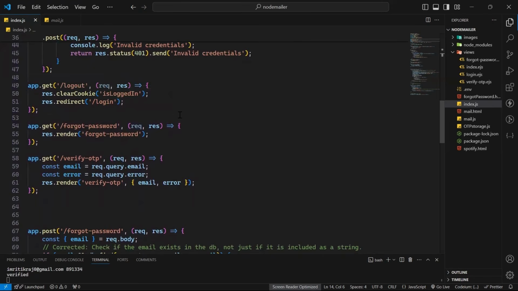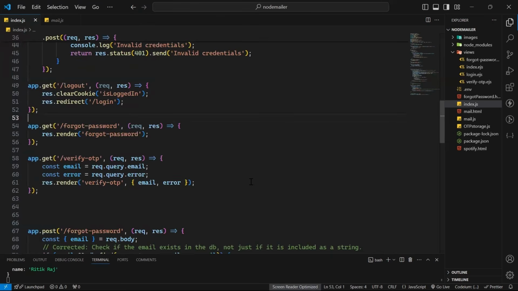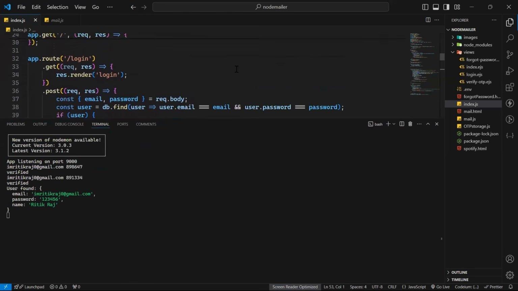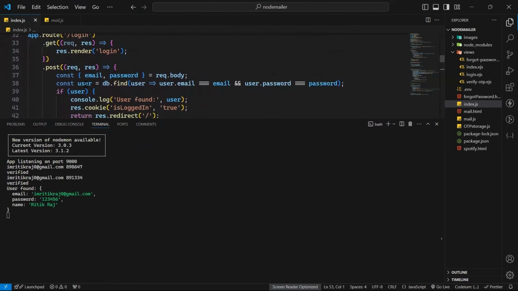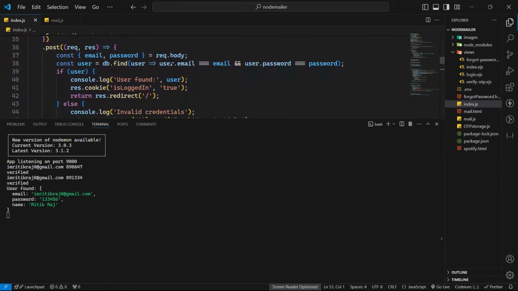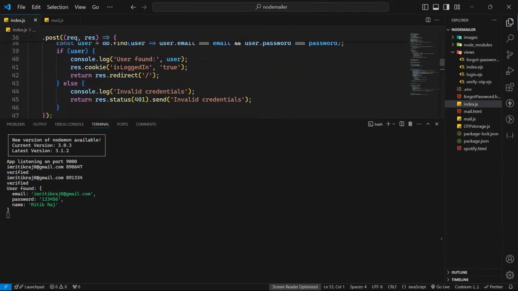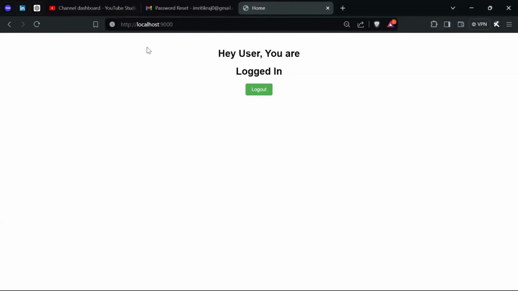और लॉगआउट तो सिंपल है, जैसे बटन पे क्लिक करेंगे, चलो मैं दिखा देता हूँ, ज़्यादा अच्छा रहेगा। लॉगिन मैंने किया, अब देखो यहाँ पे नीचे क्या हुआ है। जैसे मैंने लॉगिन पे किया था तो पोस्ट रिक्वेस्ट हुई। लॉगिन गेट करने पे हमें एक पेज मिला, लॉगिन पोस्ट करने पे हमें ईमेल मिल रहा है। यहाँ से मैंने गेट कर लिया, फाइंड कर लिया, बेसिकली क्रॉस चेक कर लिया हमारे डाटाबेस में है या नहीं, ठीक है। वहाँ पे पासवर्ड मैच कर लिया। उसके बाद हमने कंसोल भी कर दिया यूजर फाउंड करके, देखो यूजर फाउंड है, उसके बाद यूजर का डाटा है, ठीक है। और उसे होम पे रीडायरेक्ट कर दिया, चलो इतना ठीक है।